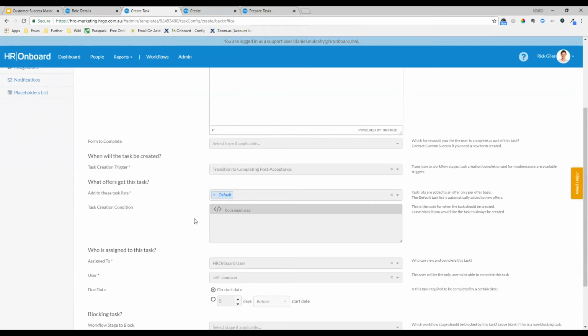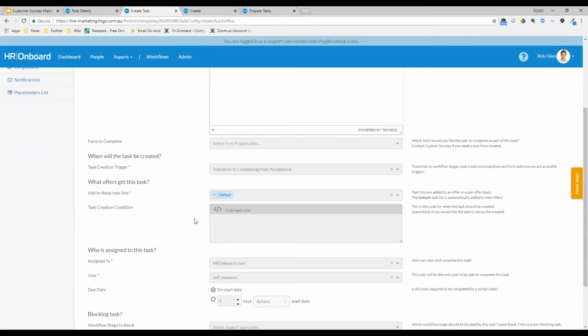Now, this question is probably relevant for both notifications and tasks. First, I'll answer it about tasks, of course. So the way a task will work when an offer is pulled back to the edit stage using the edit function,